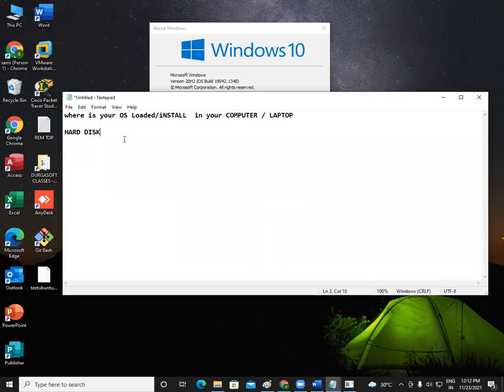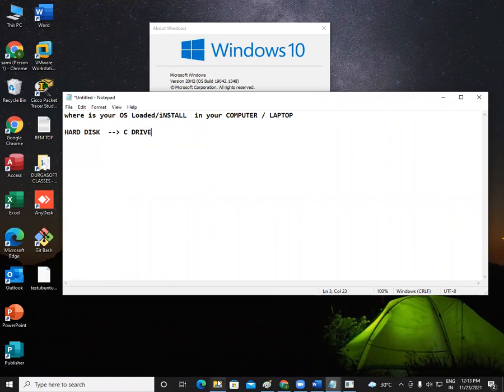Now, can you please tell me in hard disk where it is available? In hard disk, whether it is Windows 10 or Windows 7 or Windows 8 or Linux or anything, where is it available? Exactly, C drive. No, BIOS is different, Pradeep. What is BIOS? We will see, but it is not there in BIOS. You know, every computer has a C drive.